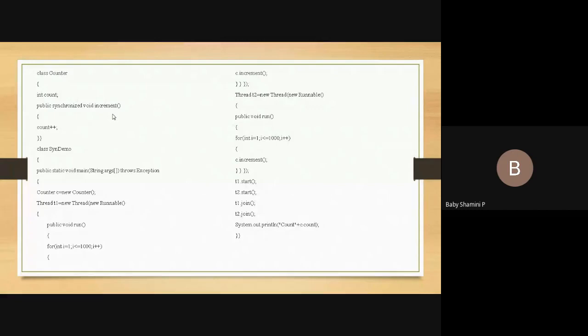That is the difference between the previous program and this program. In the previous example, we just declared the statement public void increment, and there I was not declaring the keyword synchronized. If you are not using the keyword synchronized, both thread 1 and thread 2 simultaneously access the shared resource. Here our concept is count only. We are going to perform the count operation. That is our major concept. So here we are using the concept synchronized void increment.